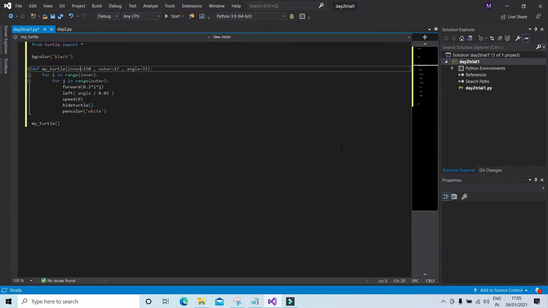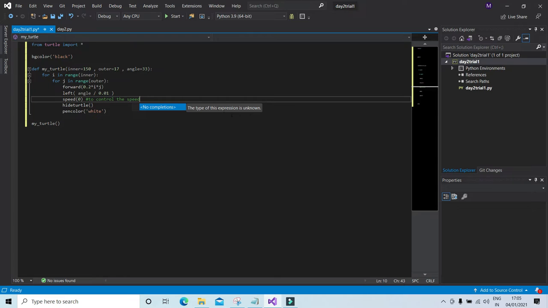So quickly, I'll just mark a few things for you over here. First of all, the speed function to control the speed. Speed: fastest when 0 and slowest when 1.